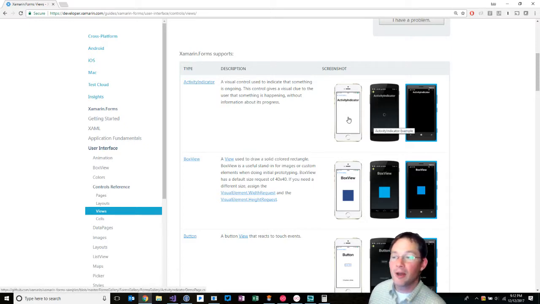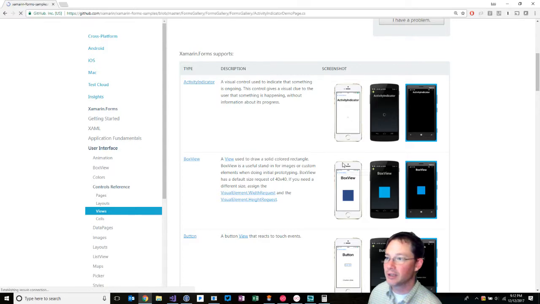But notice, and what's really cool about Xamarin.Forms is that when it's rendering on iOS and when it's rendering on Android, it's rendering in a native way. And so you can see this in these examples. This activity indicator,